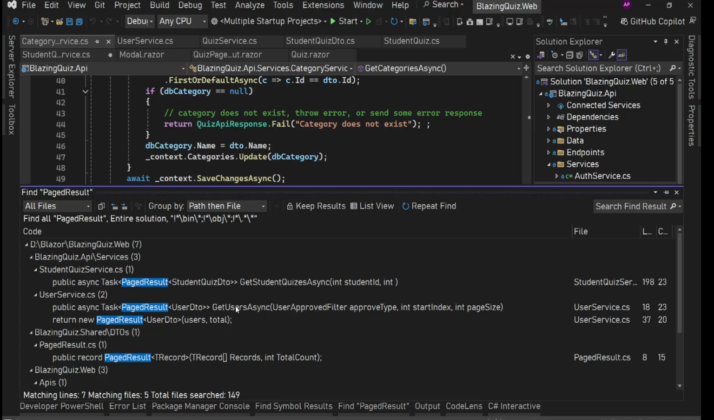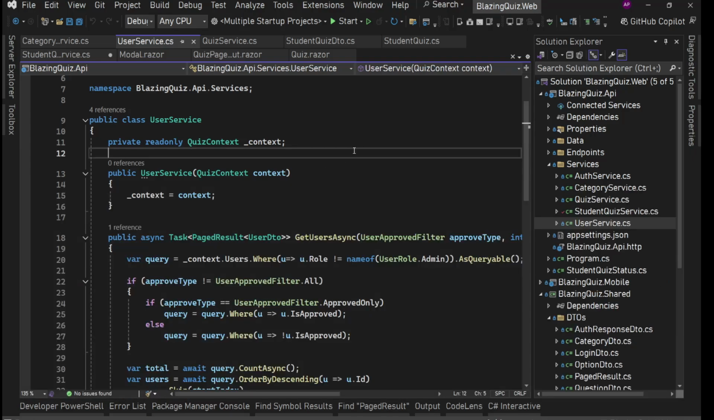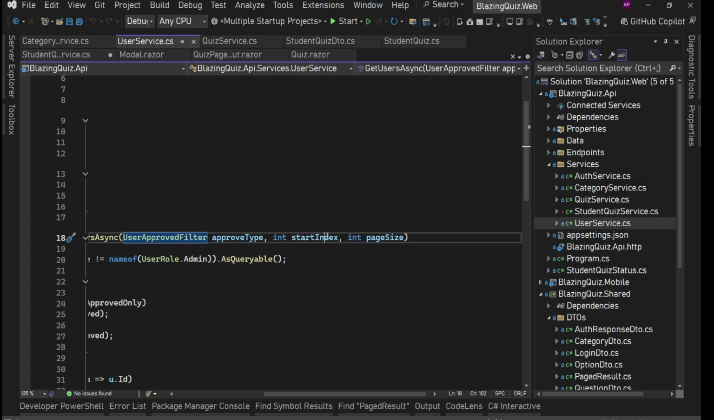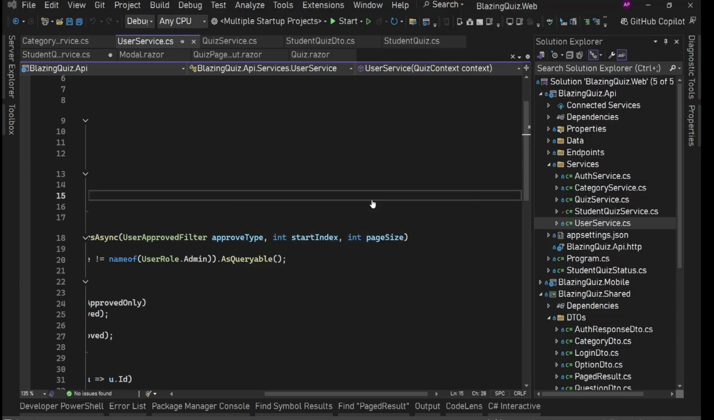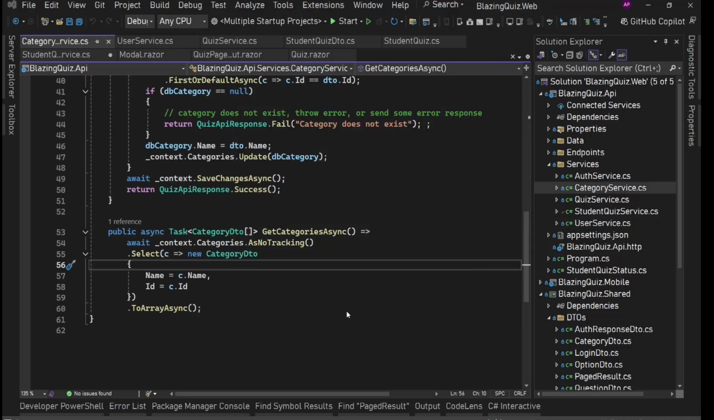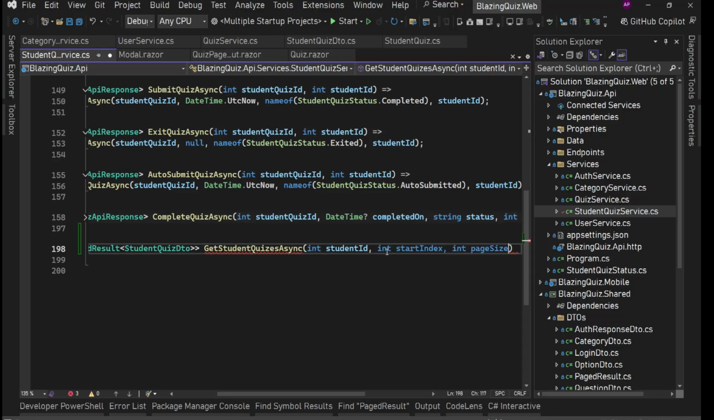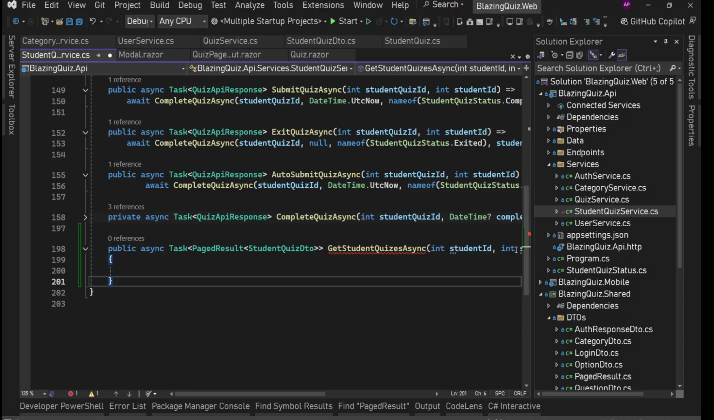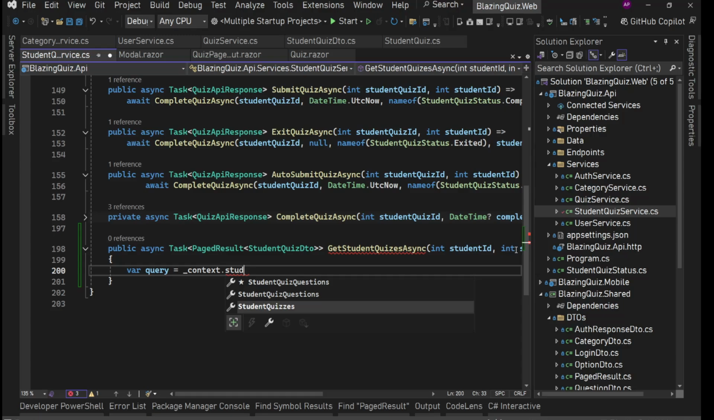Student quiz DTO. We have user DTO. So we are using start index and page size. Okay, to be in sync, I'm using this. So let's have start index and page size. Cool. Here we'll first have our query generated, which will be _context.StudentQuizzes.AsQueryable(),